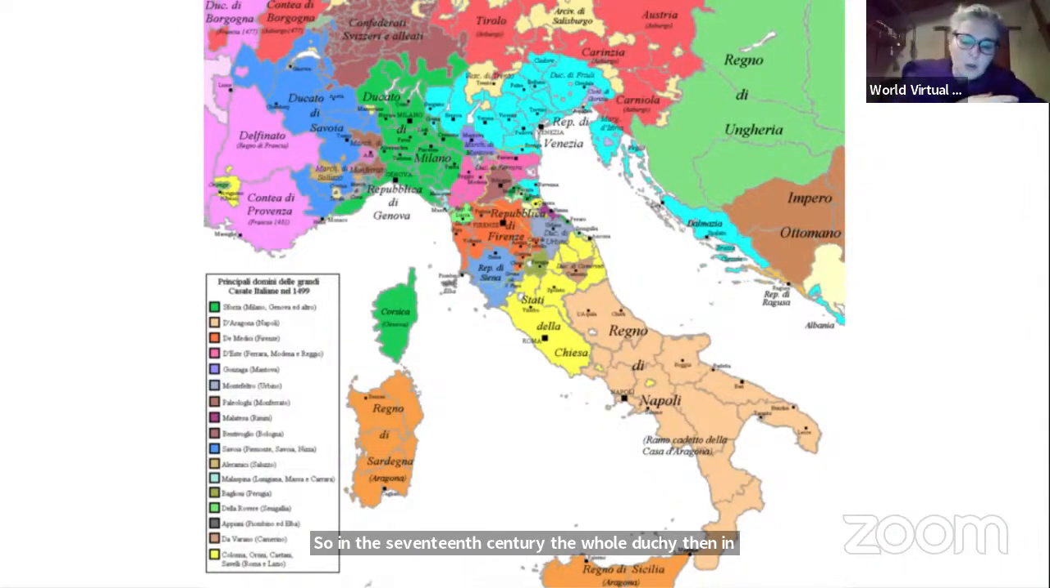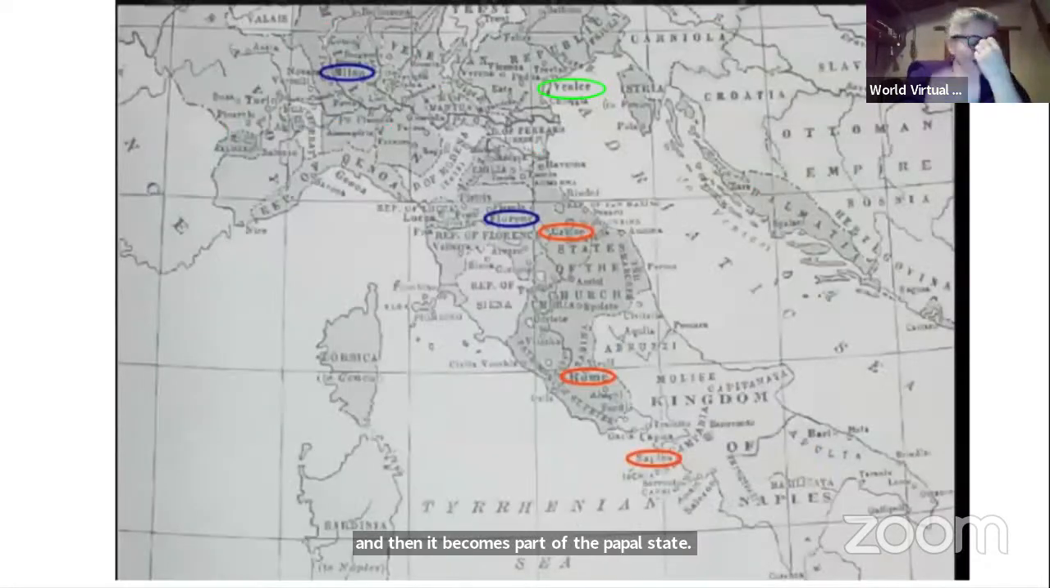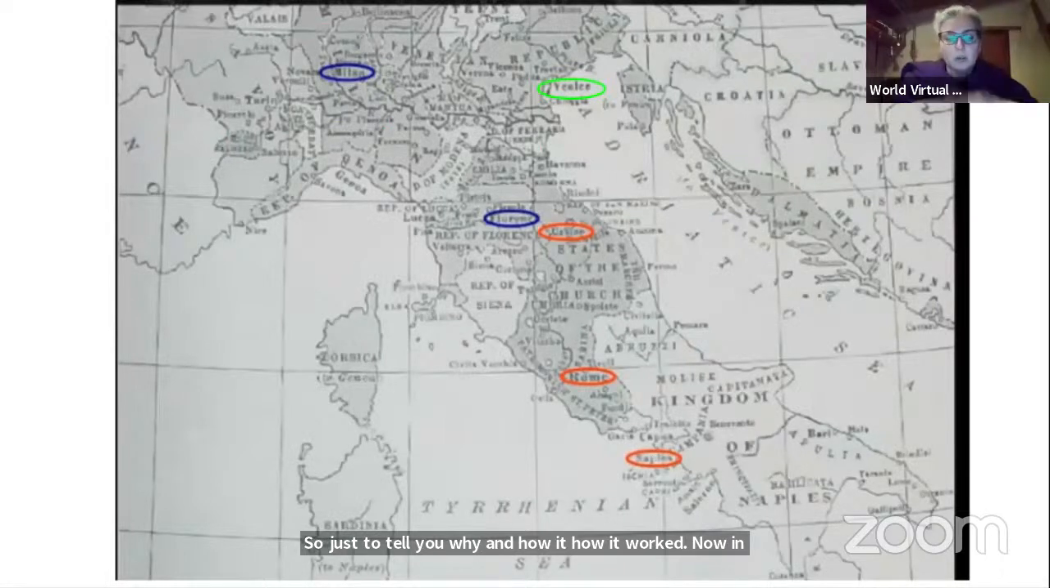The whole duchy of Urbino goes back to the papal states, and then it becomes part of the papal states. So just to tell you why and how it worked. Now, in the days of Federico da Montefeltro, so we are in the middle of the 15th century, there were